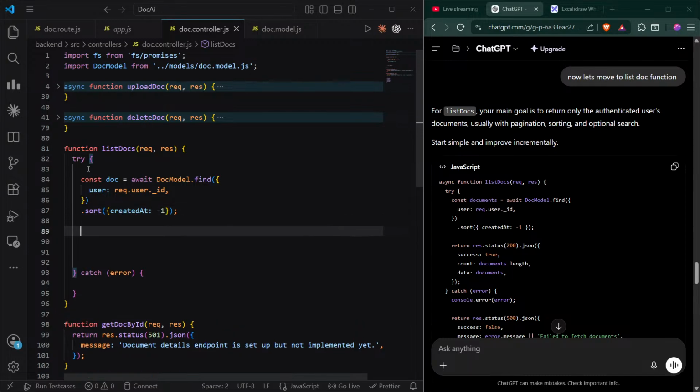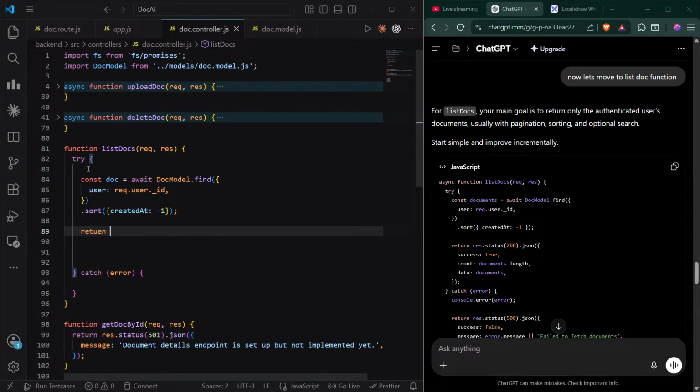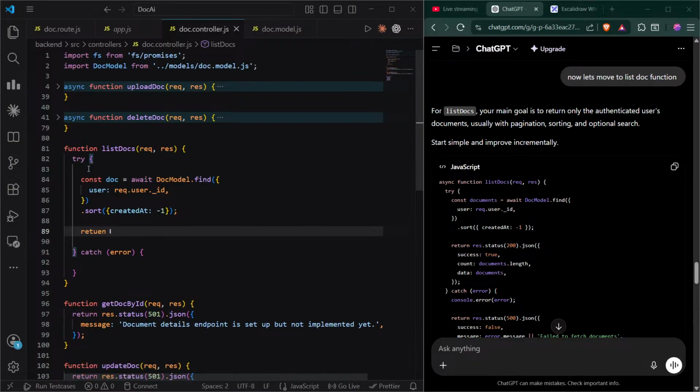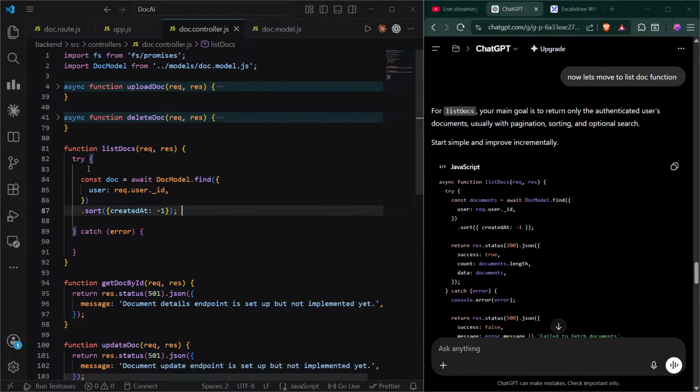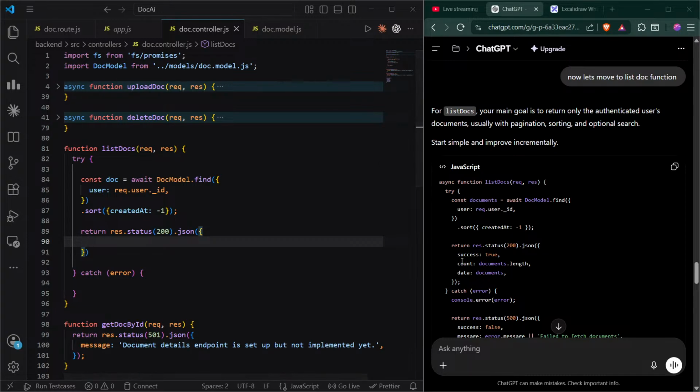Then we'll send a response. Return response dot status 200 dot json, and we'll send the success, document length and document data.